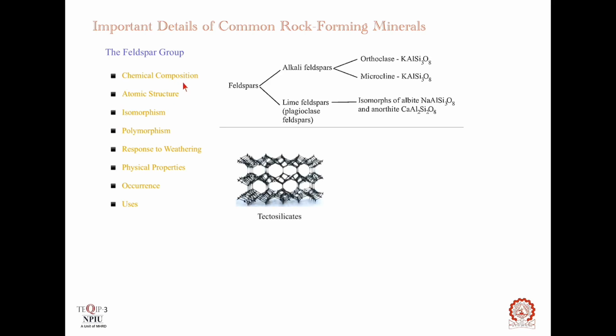Atomic structure. All feldspars are tectosilicates in atomic structure. It means the basic unit of silicate tetrahedron in them occurs in a three-dimensional framework type. In this framework, silicon is generally replaced partly by aluminium, thus making them aluminium silicates. The other cations, calcium, sodium, and potassium, also occur in the framework.